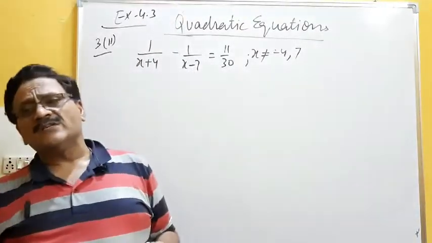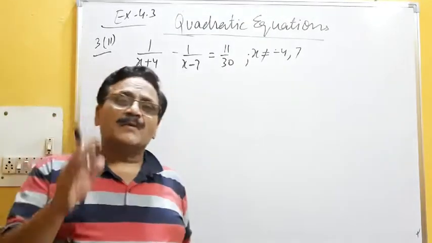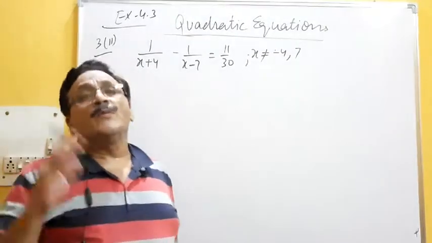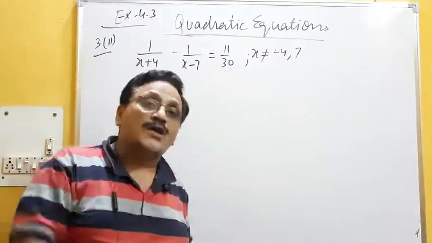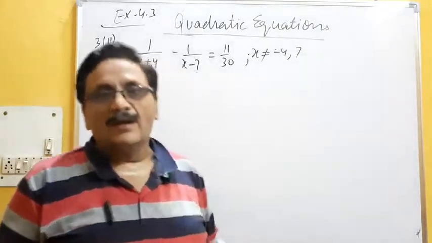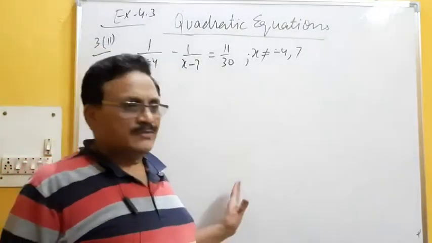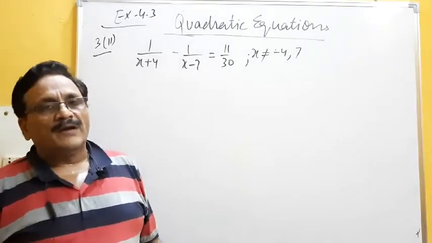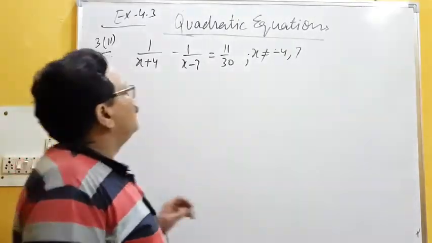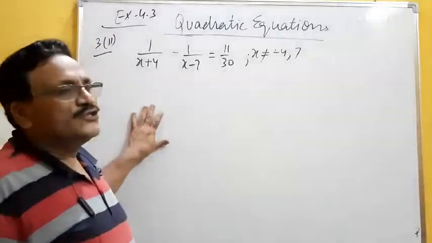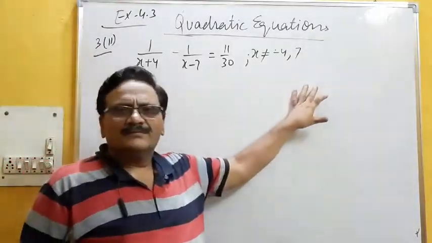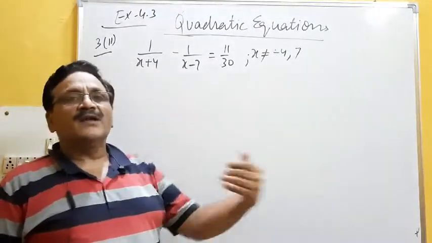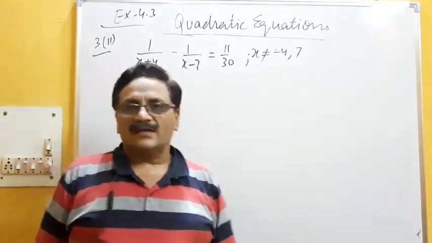A polynomial ax square plus bx plus c will give you a maximum of 2 roots. It may be single, it may be no roots, but it cannot be more than 2. This does not mean it will always give you 2. But if they are coming the same, 1/2, 1/2, root 3, root 3, 2 roots are there, no problem. But they cannot be more than 2. So this is the part. Suppose I am solving an equation and the answer is coming 5 and 7. Then at the same time you can reject 7. 5 will be the correct answer.